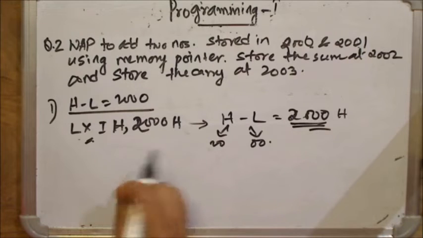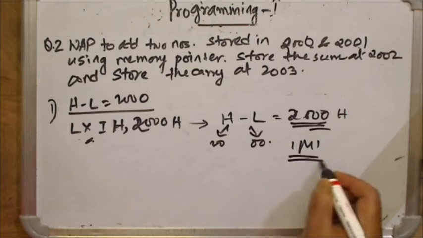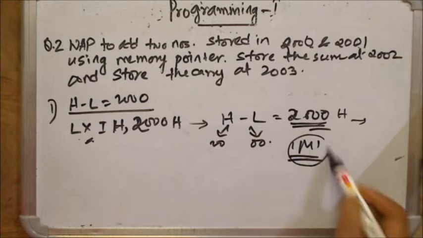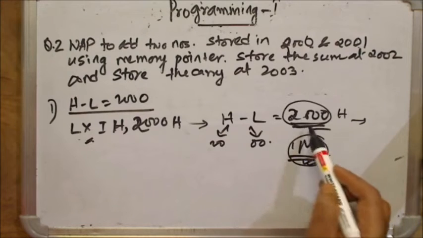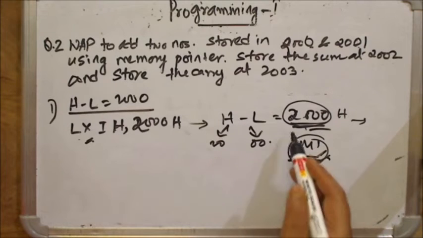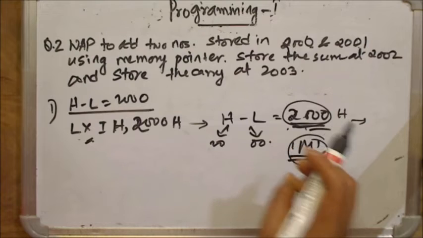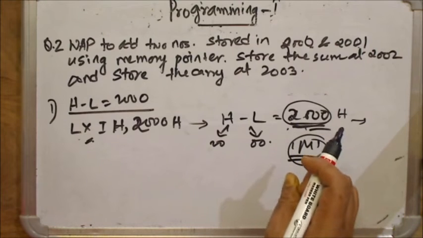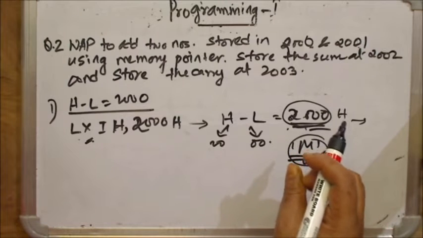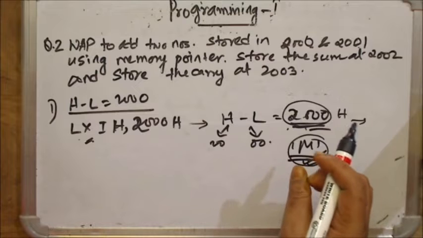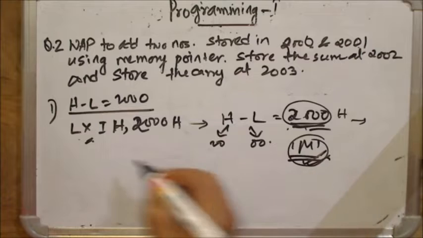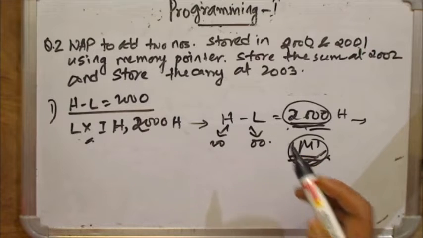When will it act as an address? The moment you use M. When you use M, the data which is stored in the HL pair will be referred to as M, and then 2000H will be acting as an address. But for now, this 2000 in the HL pair is data. When you use M, this 2000 will act as an address. Now, as you have initialized the HL pair with 2000, you can use the data.